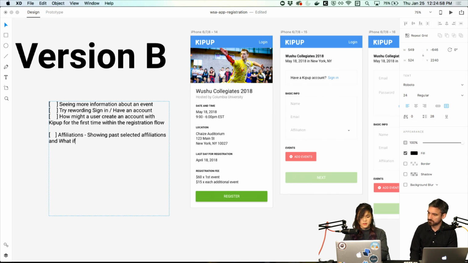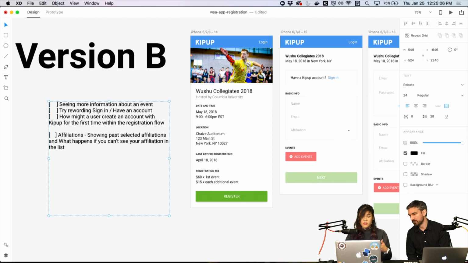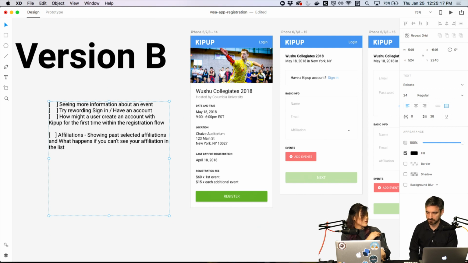Like what happens if you can't see your affiliation in the list. Now, thinking about that out loud, it actually might be more of a heavy experience than I initially imagined in a dropdown, because that list of affiliations is actually going to get really, really large. So dropdown actually might not be the greatest.